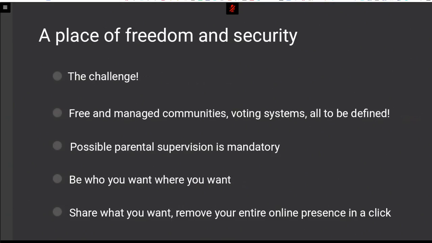A place of freedom and security, which is the challenge. We've got to make this secure. We have to define the whole rules of the universe, and that's a fantastic job. There has to be some really free communities where people will say what they want, pretend to be where they want. We want to bring the freedom back to the internet. The internet has become politically correct, and that's not